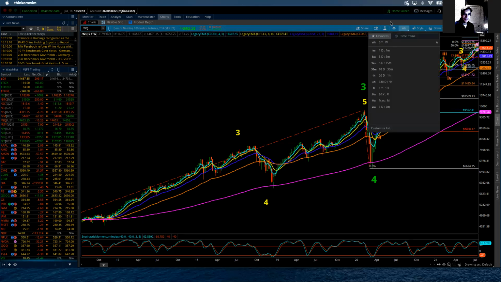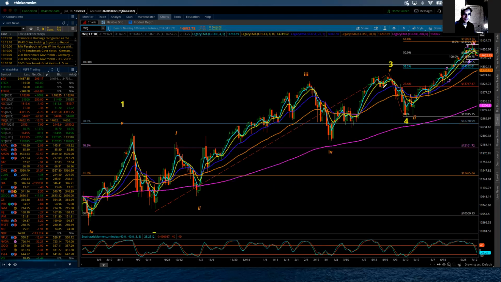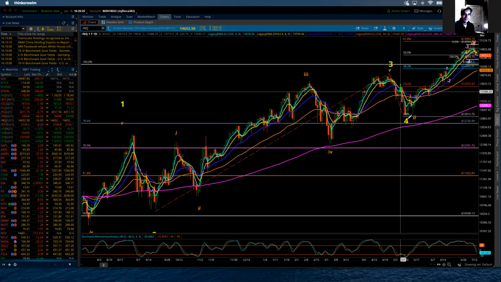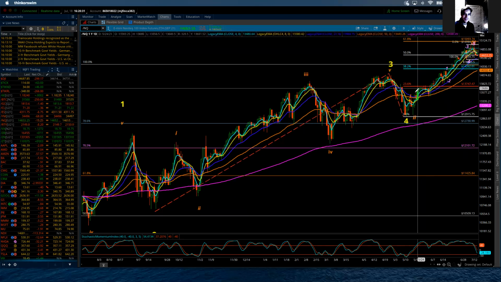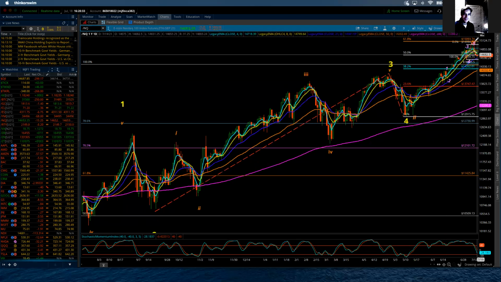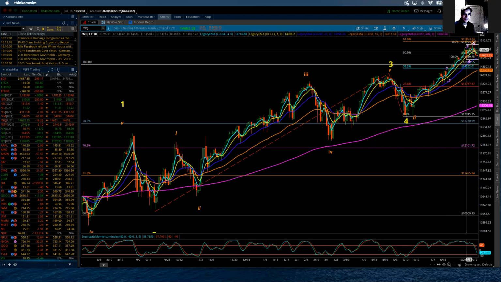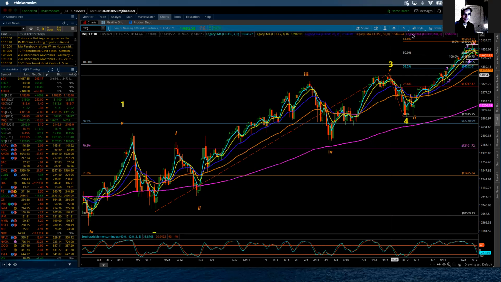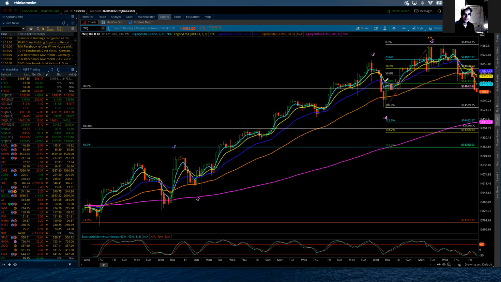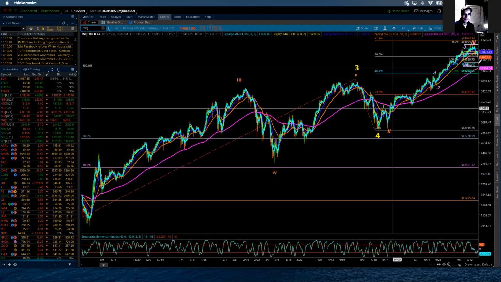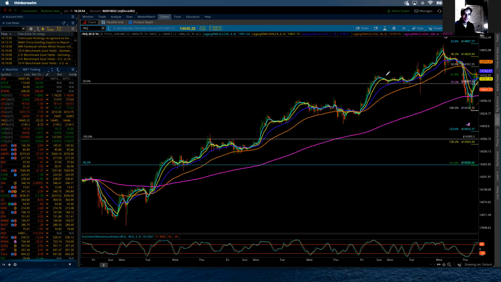Now I'm going to continue to go down, and I'm going to take it to the daily, and now we're going to take a peek. So within intermediate wave 5, we will have 5 waves of minor degree: minor 1, minor 2, minor 3. So we are in, according to this count, a minor 4th wave correction here in the NASDAQ. So I'm going to go from the daily down to the 4-hour. We're just going to keep going down. Not much difference, can't really see. So now I'm going to go down to the 1-hour.